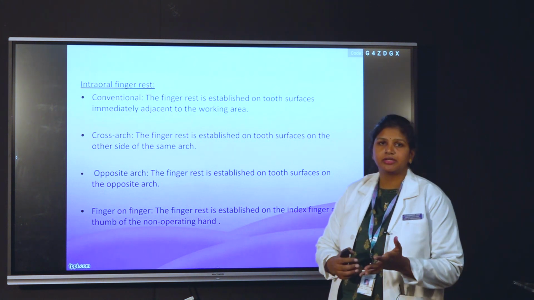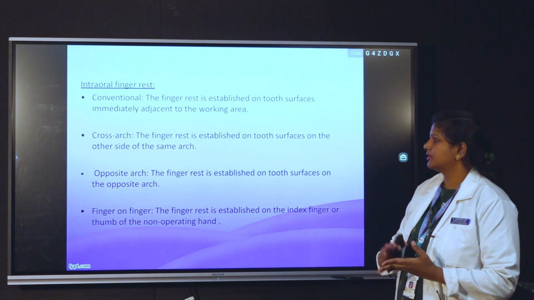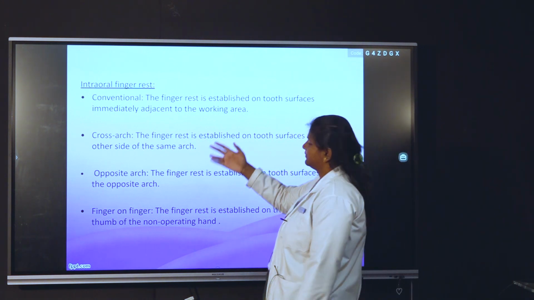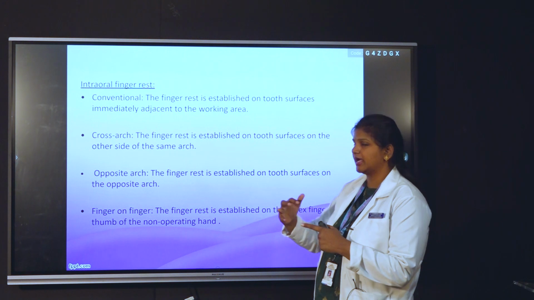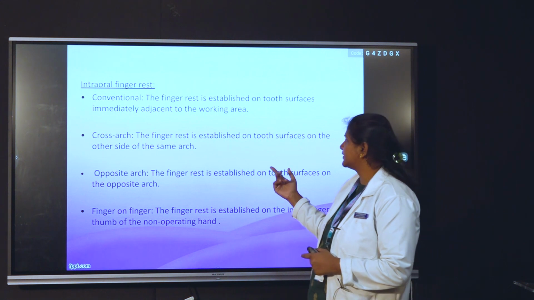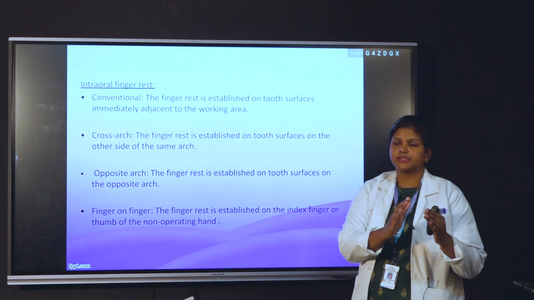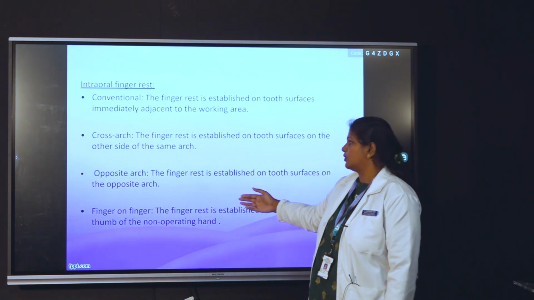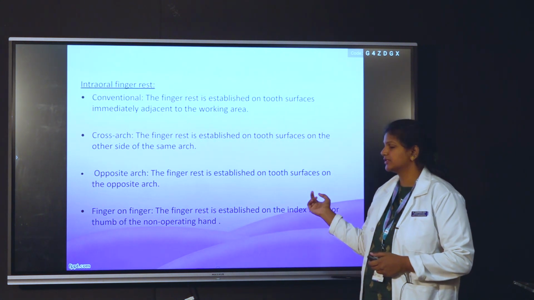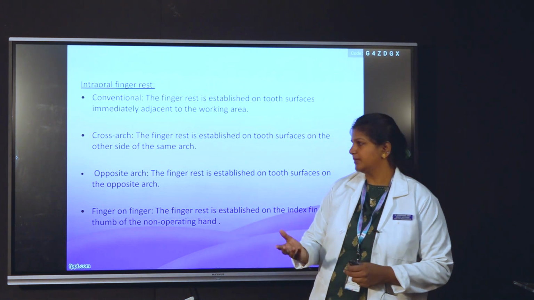So we have different finger rests, that is intraoral and extraoral. Intraoral, we have conventional, cross arch, opposite arch and finger on finger. In conventional, the 4th finger is placed on the adjacent tooth beside the working area. Whereas in cross arch, the finger rest is established on the tooth surface on the other side of the arch. If you are working on the left side, you take the finger rest on the right side. In opposite arch, the finger rest is established on the tooth surface on the opposite arch. That is, if you are working on the maxilla, then the finger rest is taken on the mandibular arch, and